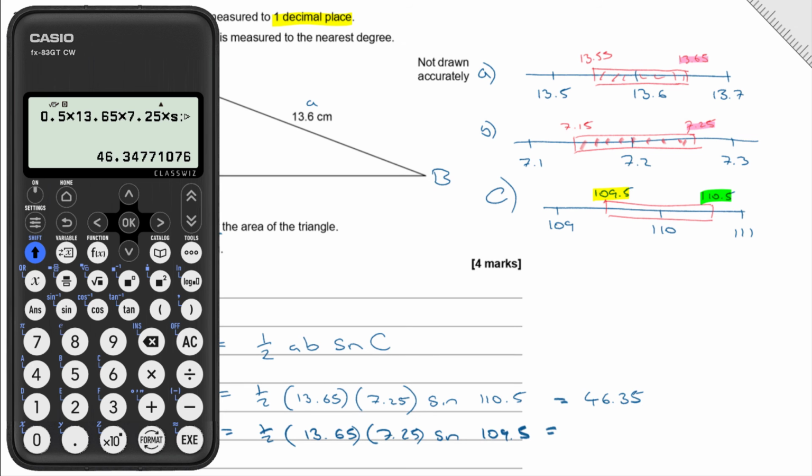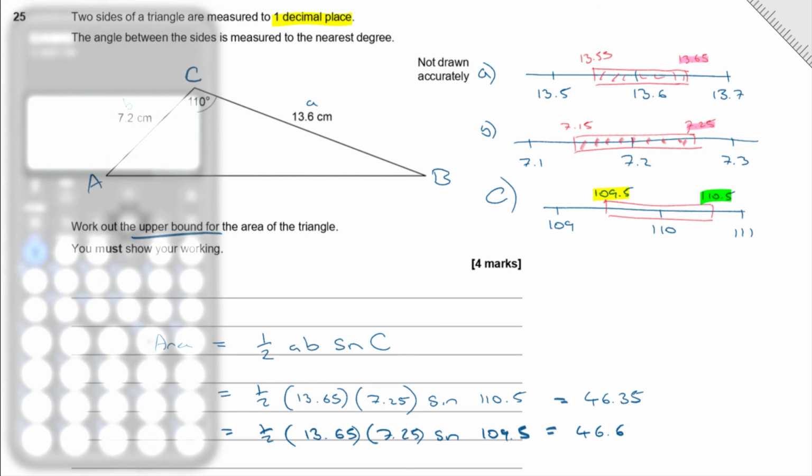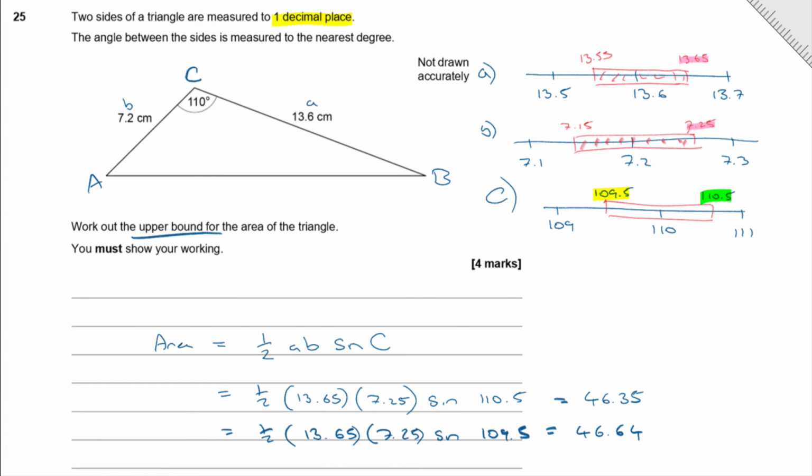Okay, and then the other one, 0.5 times 13.65 times 7.25 times the sine of 109.5. I've got a feeling that one's going to be bigger. Yeah, it is: 46.64. So spookily, the smaller angle of the two actually delivers the biggest result in it,